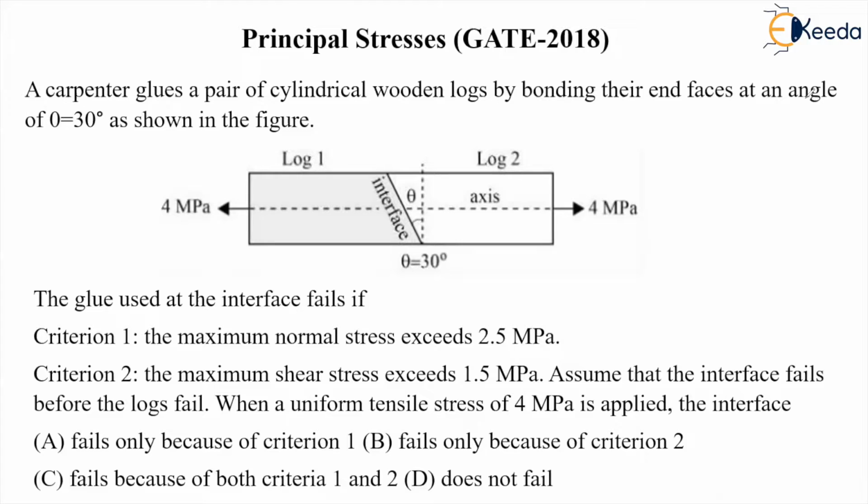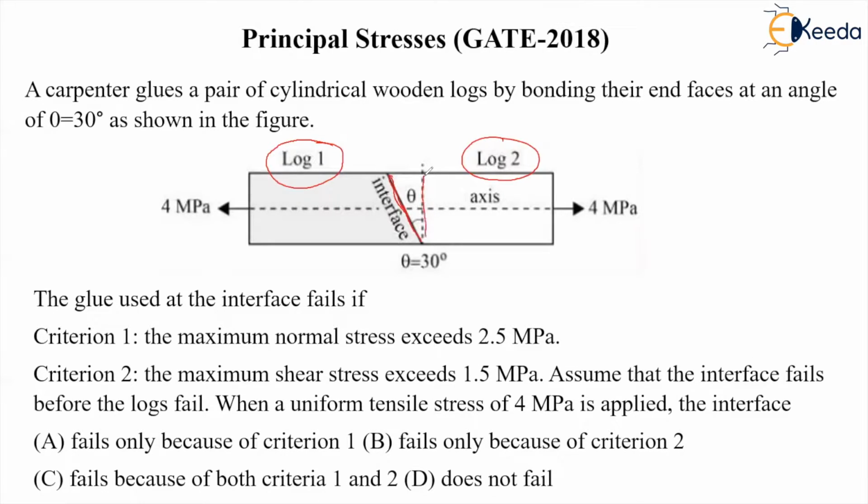If we are applying a uniform tensile stress of 4 megapascal, then we have to find out which of these four options is correct: whether it fails due to criterion 1 or criterion 2, or both criteria, or it does not fail. So basically there are two wooden logs, log 1 and log 2, and they are joined by glue at the interface like this, at an angle of 30 degrees